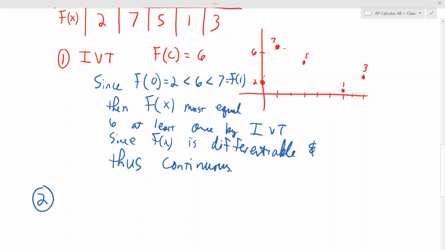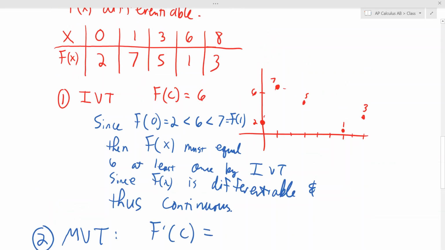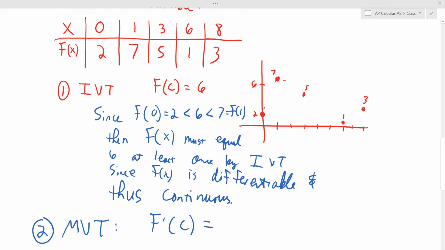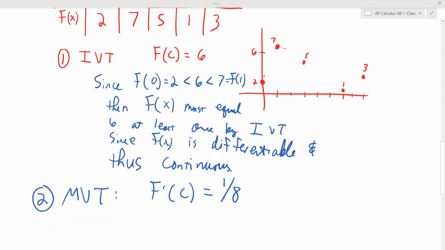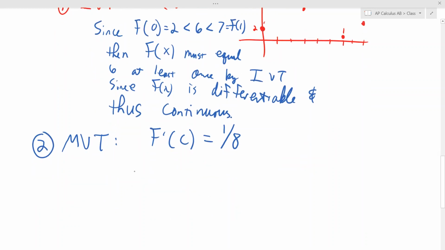The second thing they're going to ask you to do is use MVT. They'll say, must there be a place where the derivative equals a specific value? We're just going to go over 8, so 1/8. So they'll say, must the derivative equal 1/8 somewhere? And that's MVT. What MVT tells us is whatever the average rate of change is, and if we take